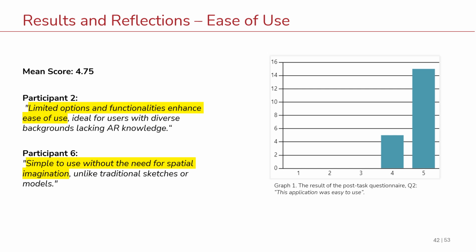In our questionnaires, we considered one general and a series of more in-depth questions for each of the key constraints. One of these constraints was ease of use, which gained an impressive average score of 4.75, showcasing the app's intuitive and user-friendly interface. Well, it seems that the application was easy to use for the knowledgeable users after all.